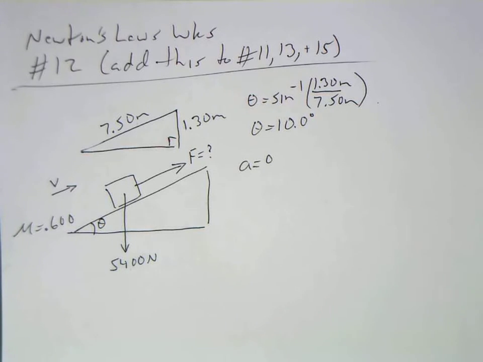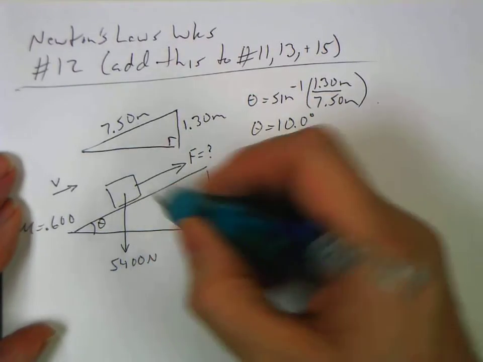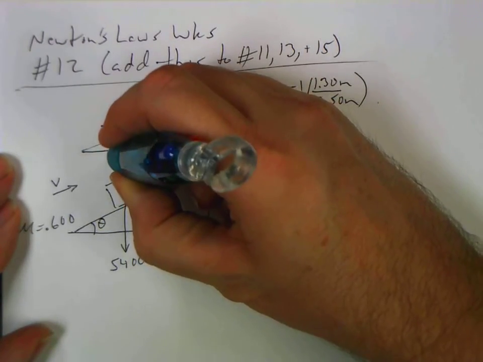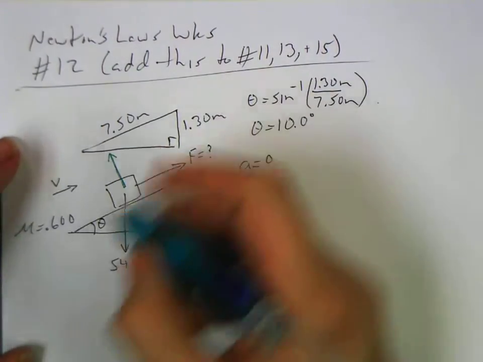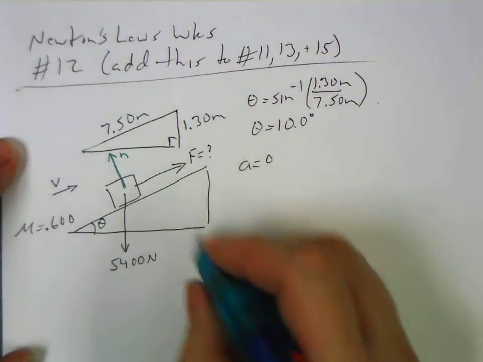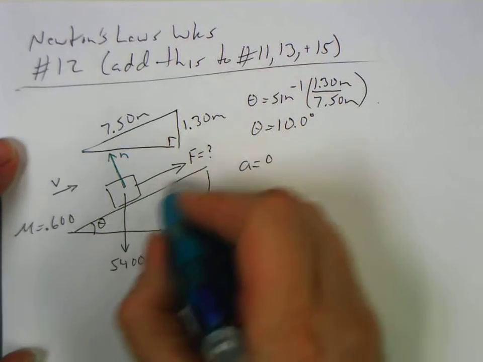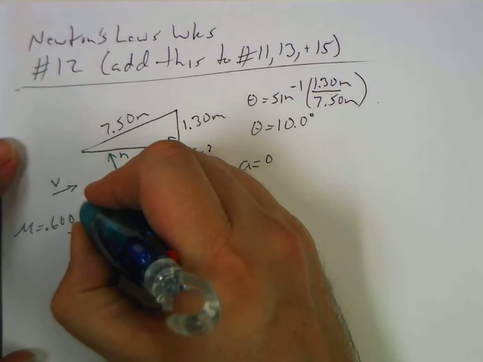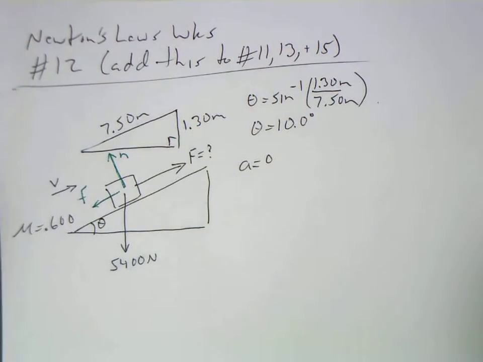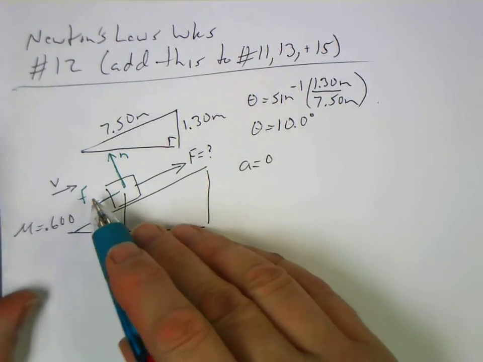Now let's add in things that we know about this. We know that this is not all the forces. There's a normal force going in that direction. And there is friction. Oh, sorry. Get that in. There is friction, so that's going to be opposite the direction of motion. So we have a frictional force coming back over here. If we wanted to get nitpicky about it, we would point out that that is the force of kinetic friction